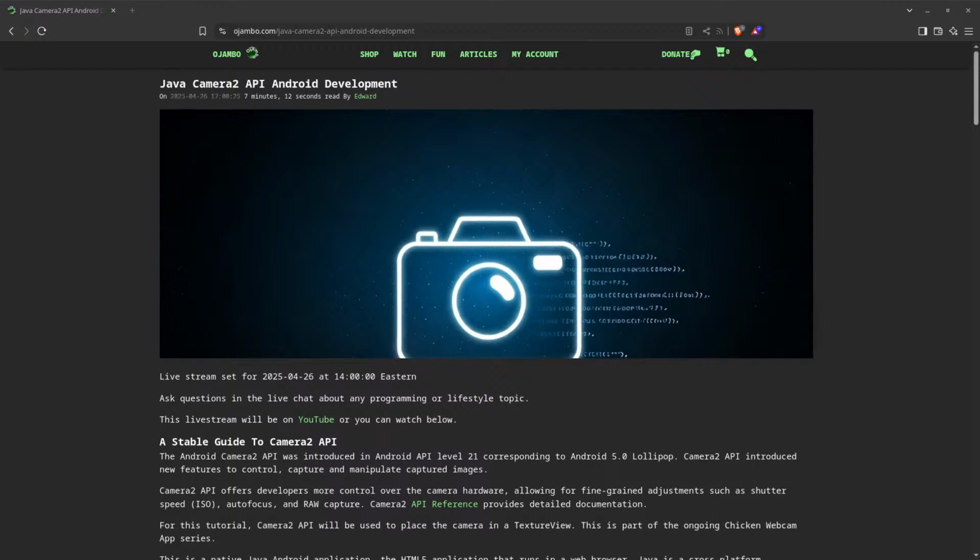so the title for this one is Java Camera2 API. Let's see here. Java should be under J. Camera2 API Android development. Yes, this is the one here. Hopefully I got everything. Yes, okay. So